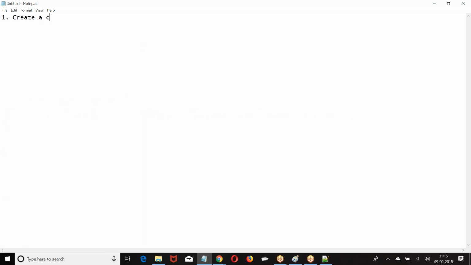First, create a component. Create a component out component 1. This will print a message. Create a component with the following output.